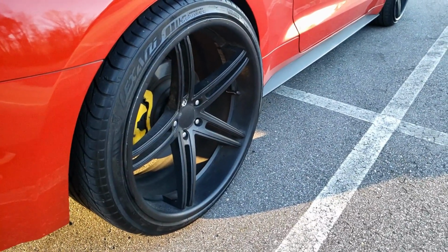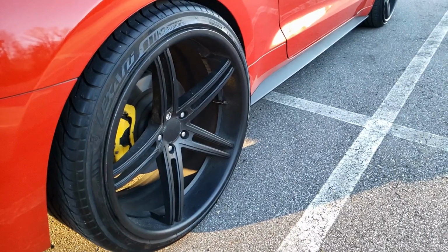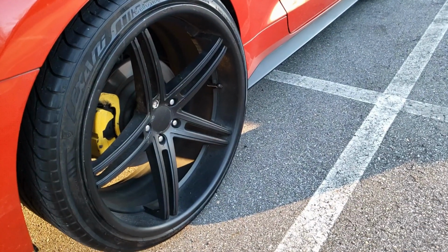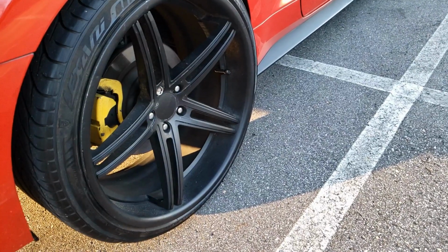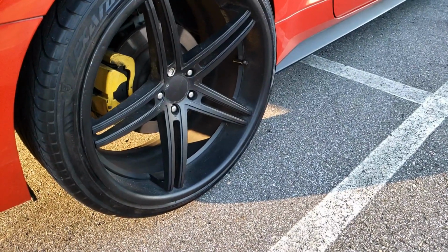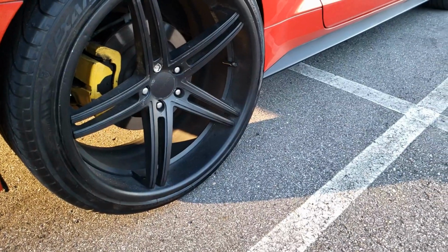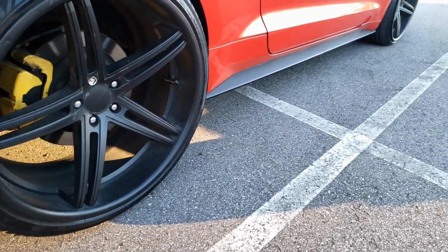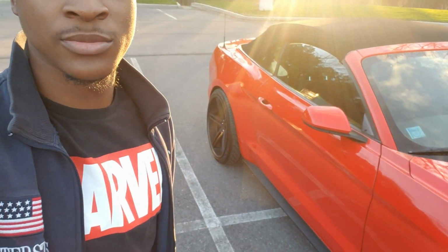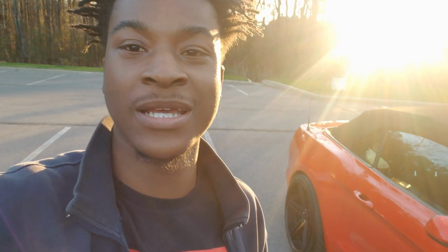But I got some new wheels for the car. Okay, first let me start by saying I really don't know much about these wheels. But let me show y'all. These are